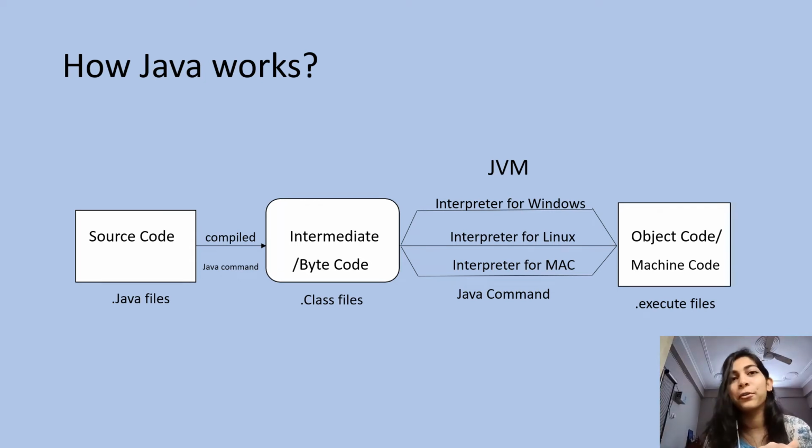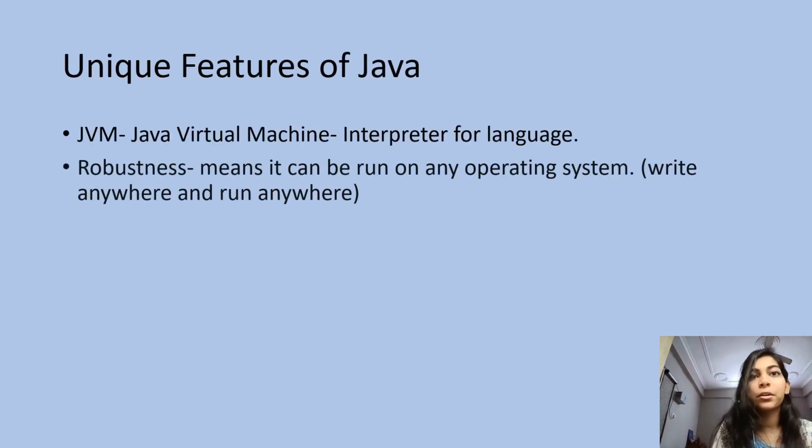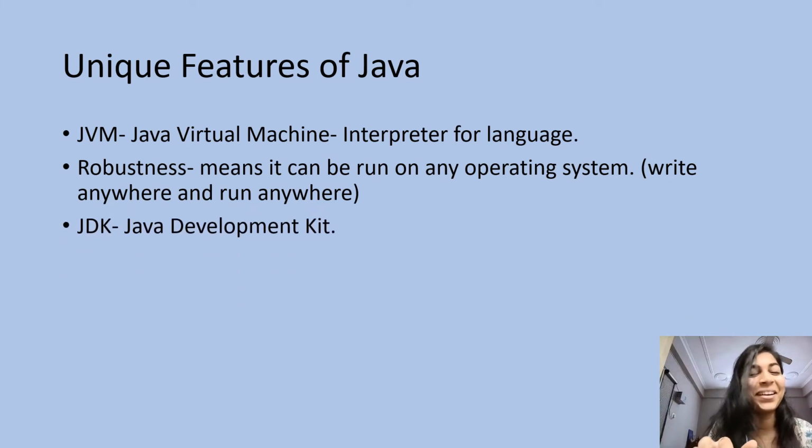Alright, moving forward. Here are some of the unique features of Java. The first one is JVM, the one we came across in the previous slide. JVM, as I told you, stands for Java Virtual Machine, which is the interpreter for the language. A Java Virtual Machine is a virtual machine that enables a computer to run Java programs as well as programs written in other languages